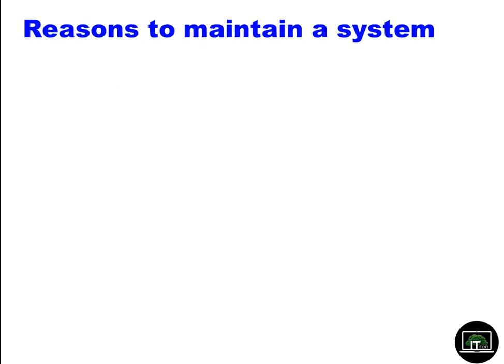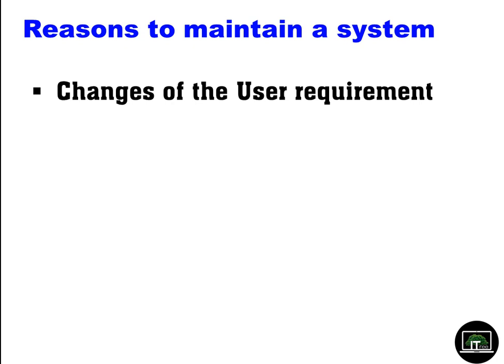So we will see what are the reasons to maintain a system. First one, changes of the user requirement. So user requirements are changing. Think about yourself. When you think about grade 1, 2, something like that, the dress you wore, can you wear it now? You can't do that. Think about chairs used in grade 1 and 2. Can you use that now? You can't, because if you try to sit on that one, what happens to your knee? It hits the next one. So likewise, user requirements are changing.